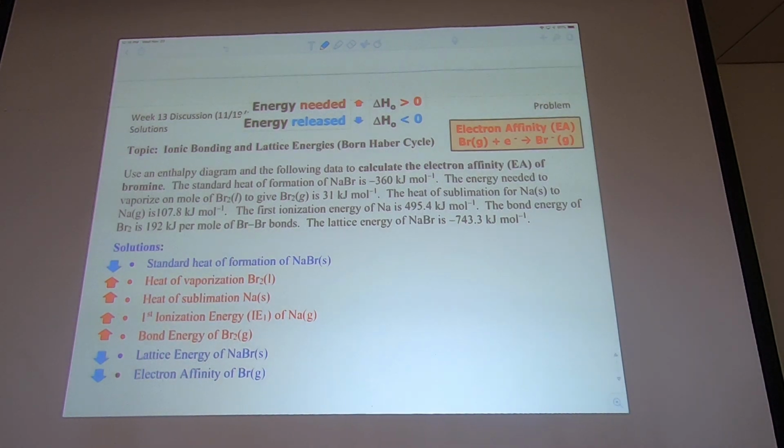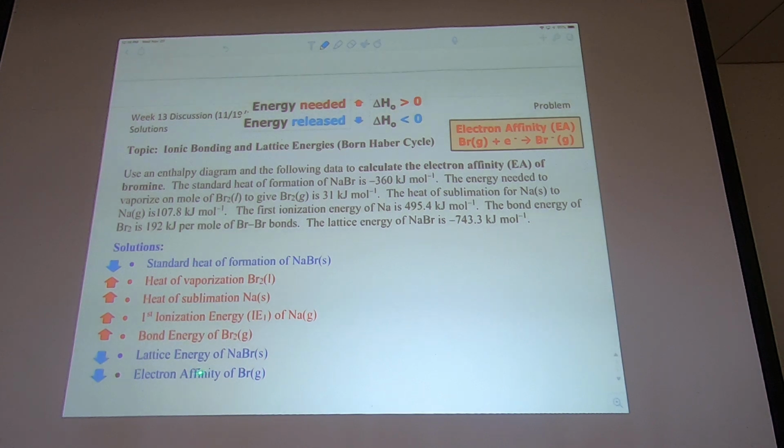So this is the second problem, and it's a compound problem about what is called the lattice energy, and actually the question is an enthalpy diagram. I'm going to draw it. Calculate the electron affinity of bromine, and a bunch of other values are given, and I wrote them